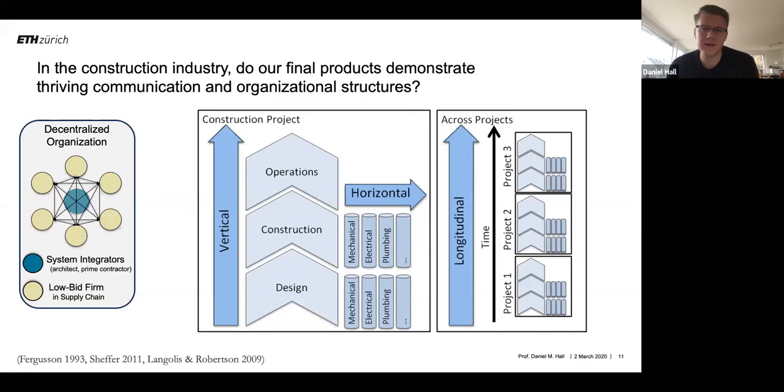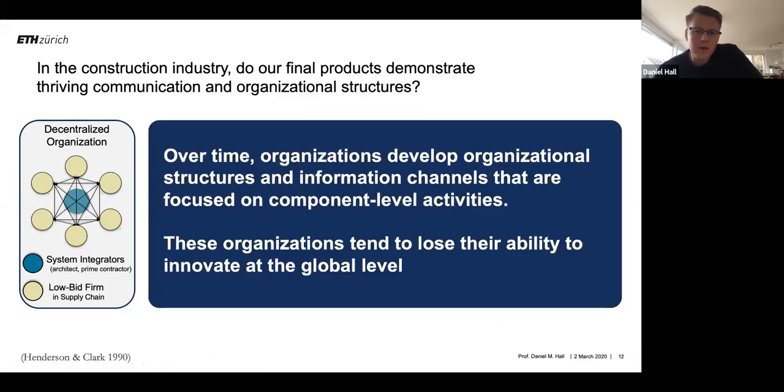It's very different than in, say, the car manufacturing industry, where you have a strong lead coordinator like Toyota or BMW that sets the rules of the game. In this case, the system integrators in construction is very weak, and they just try to make everything work together, but they don't have a lot of control over the other parties. And this is how construction has been organized for several decades now. But we're starting to see there's some problems to this approach.